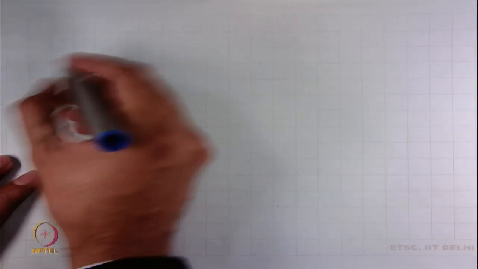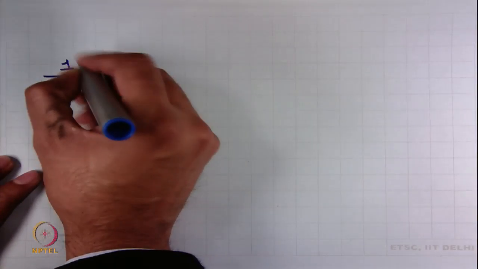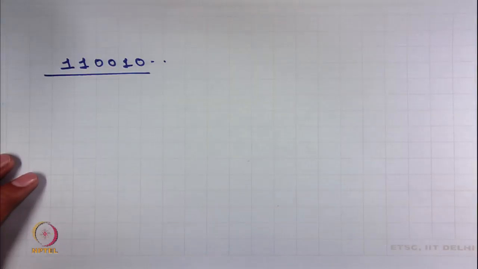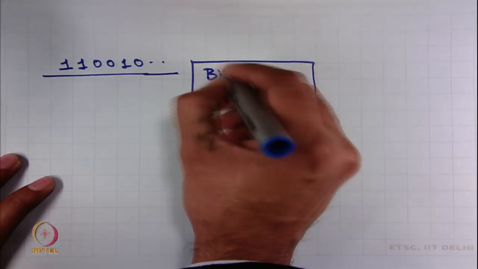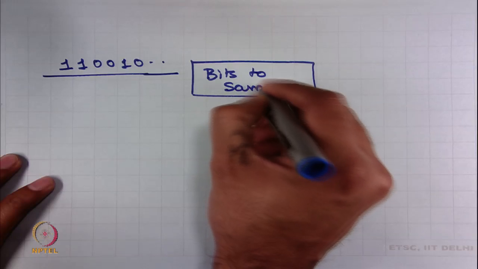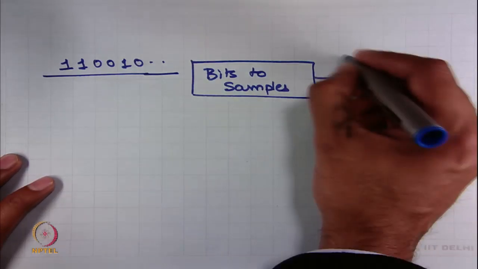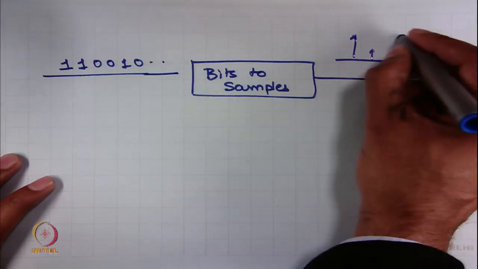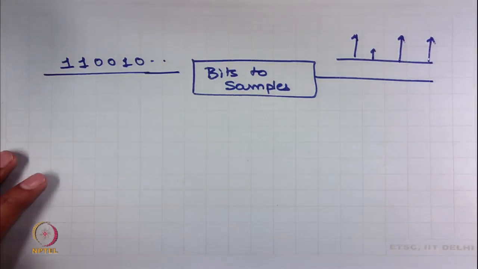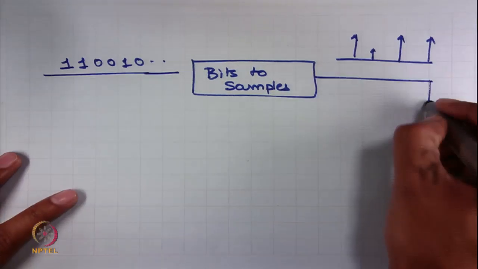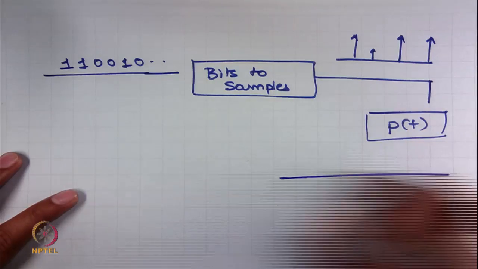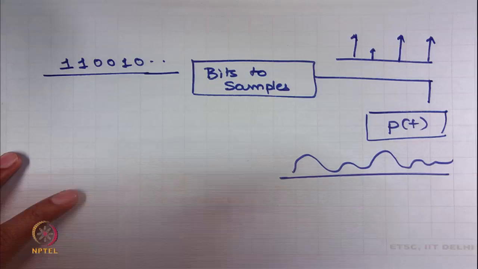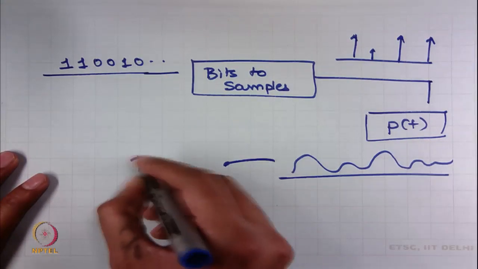One more point that you have to be careful about is the use of definitions. If you have this binary sequence, whatever this binary sequence is, as we have already said, the first step is to go from these bits to samples. So, at this point we have a weighted train of impulses, and then when you pass this weighted train of impulses through a filter with impulse response PT, you get an analog waveform, and as I have said, this is a baseband waveform,